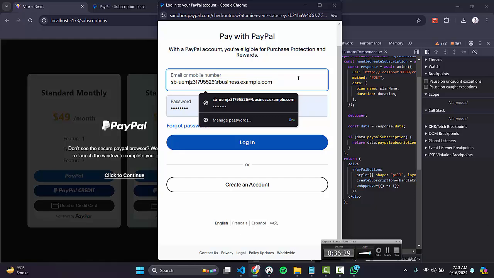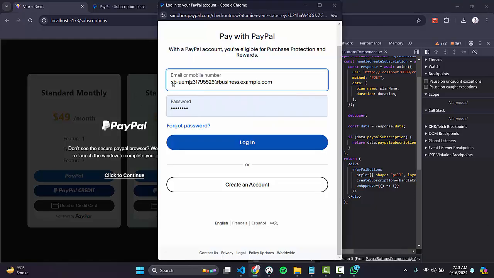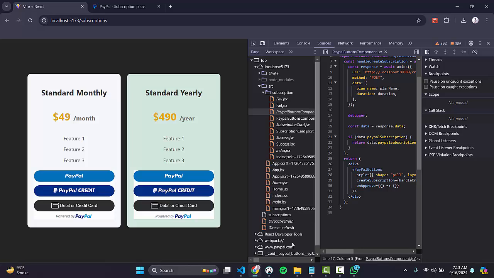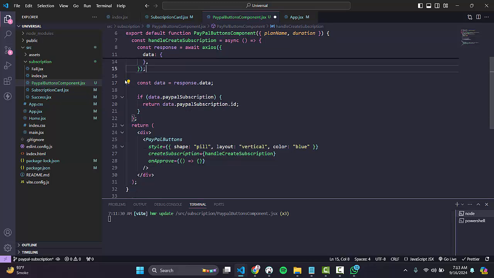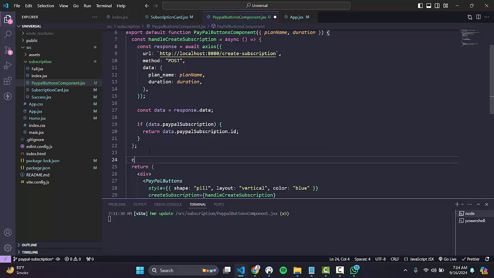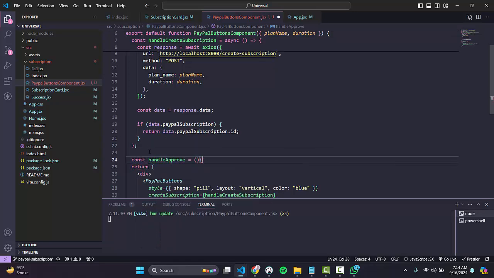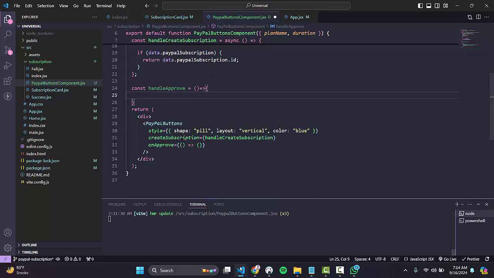But first we will handle the onApprove function. We will close it for now, and we just need to handle the onApprove function first. Okay, this is fine, and this is the onApprove function. So handleApprove. Now we will add this function here. When this function runs, it will have data, and